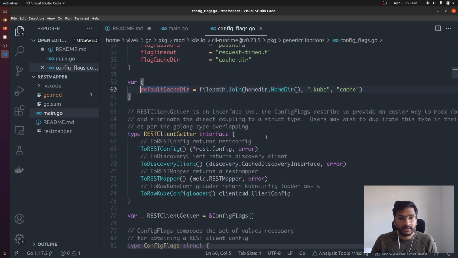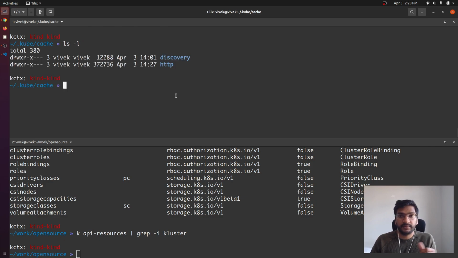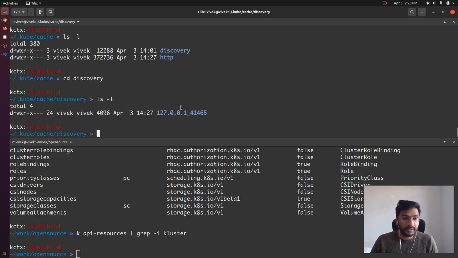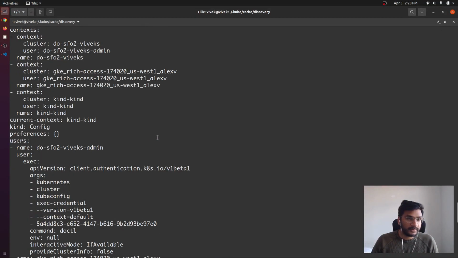The directory by default is, if you look here, .kube and cache. So if you go ahead and look into .kube and cache, this is how that detail is stored. If we go to discovery, then this is obviously the server name in our kube config file. So if we look into our kube config,